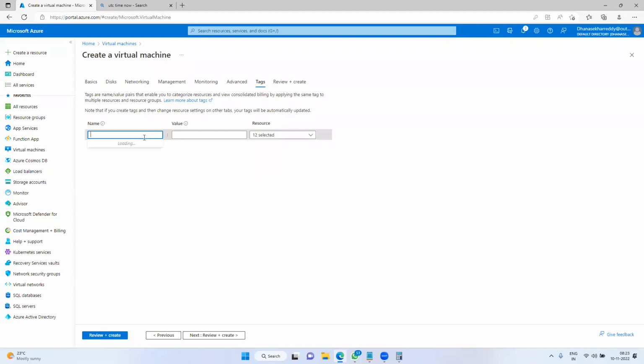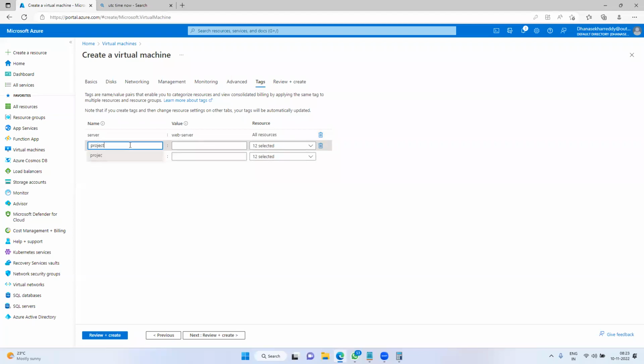For example, here I am giving server. What is the server? Windows server, or virtual machine. We can say web server. We have different types of servers, right? Web, application, database servers. Project. What is the project, guys?